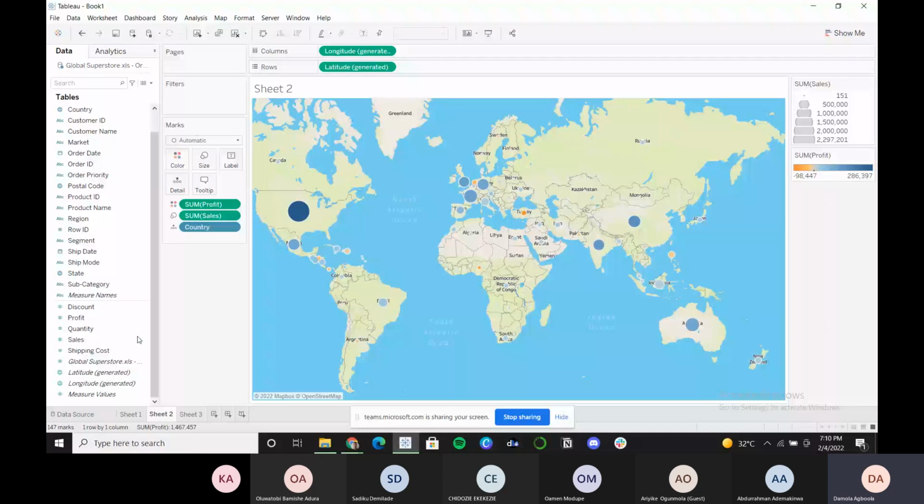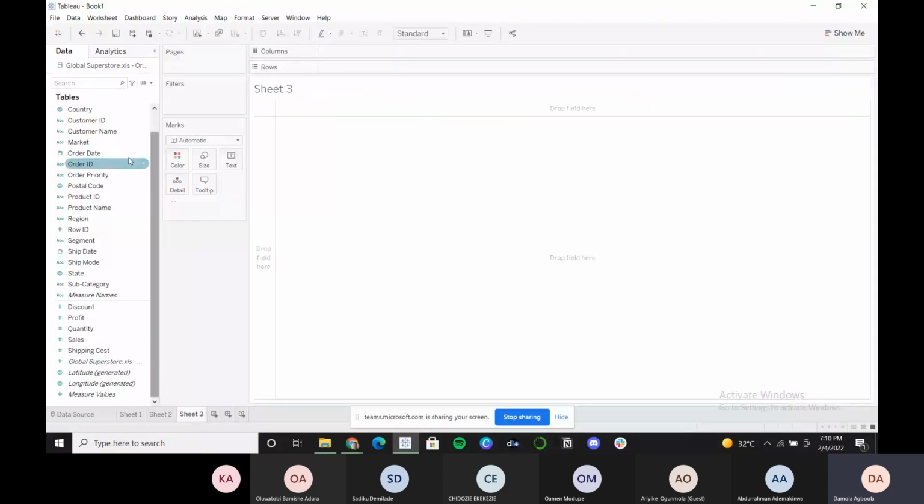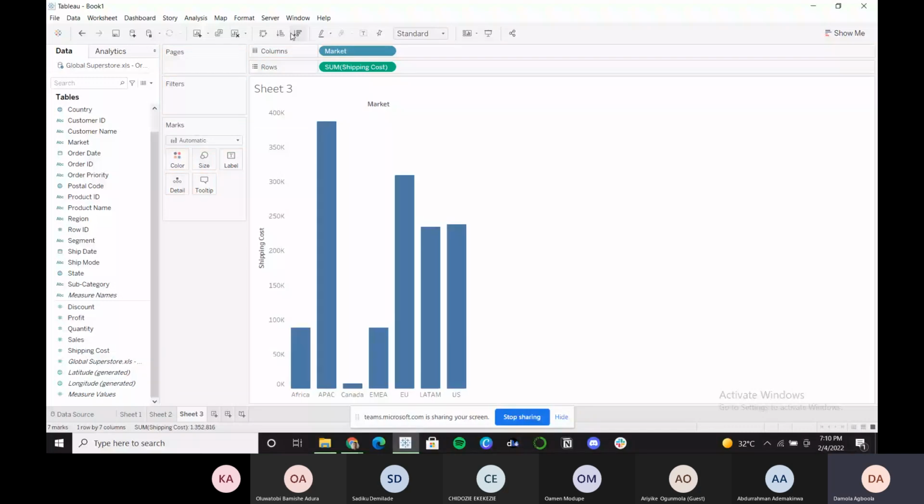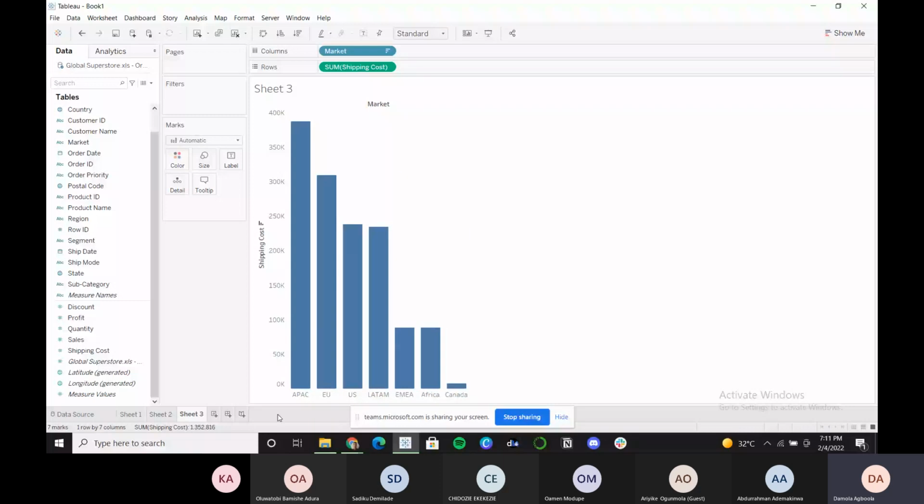So my last sheet, let me just make a bar chart with markets, maybe shipping costs. So I want to arrange this in descending. Yeah. So if I now want to create a dashboard, which is our final task for the night,